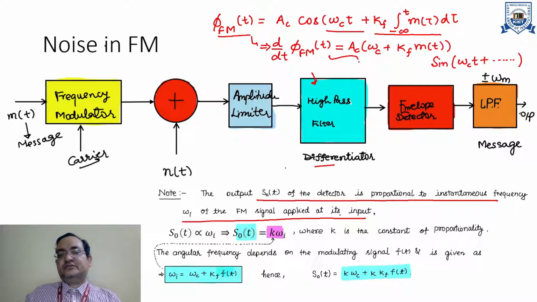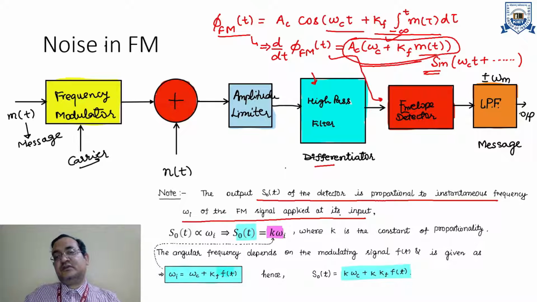Now when this signal passes through the envelope detector, the envelope detector will pass the output, which is the peak value of the sine wave, the amplitude, which is just changing with respect to the message. You already know that the envelope detector consists of a half wave rectifier including a diode. When you pass the signal through the diode, it will only pass the positive cycle of the signal, and after that the signal will pass through an LPF where we can extract the message signal.